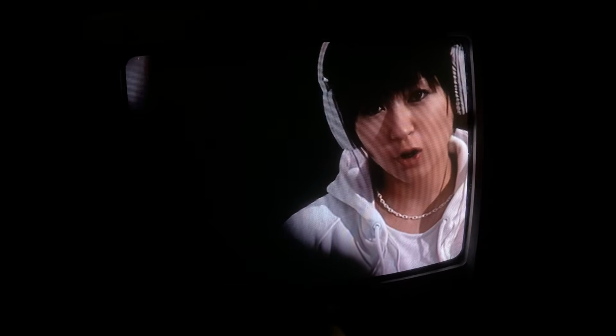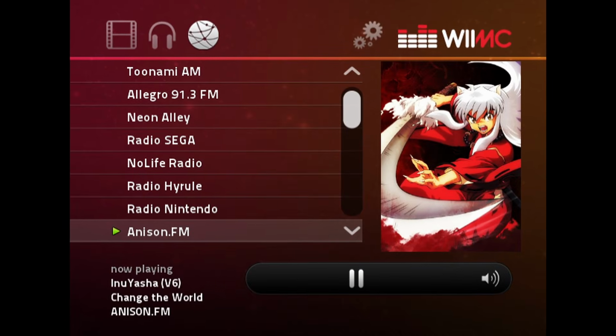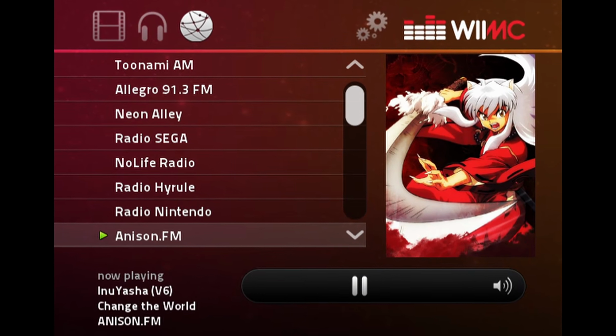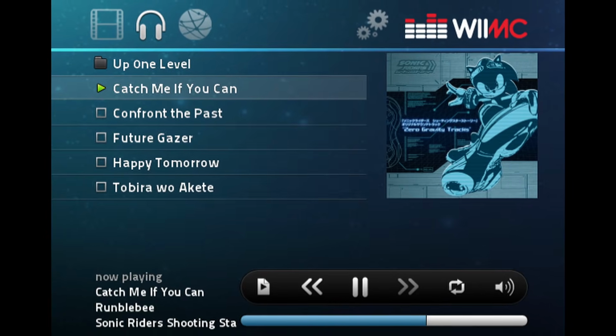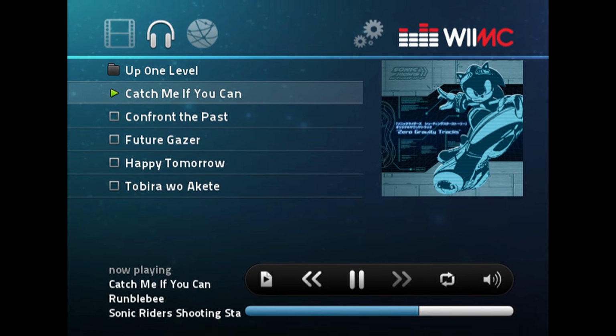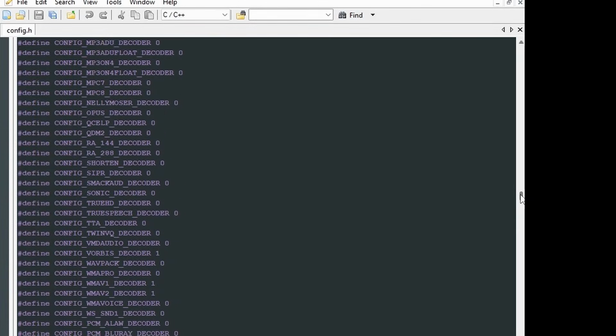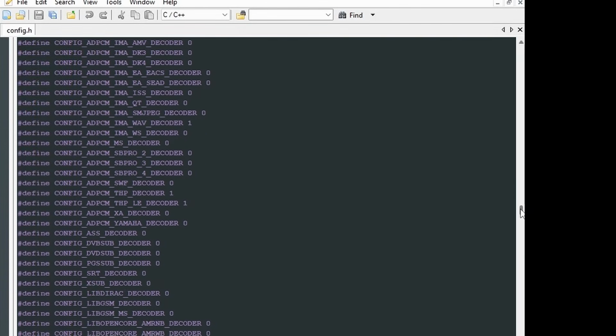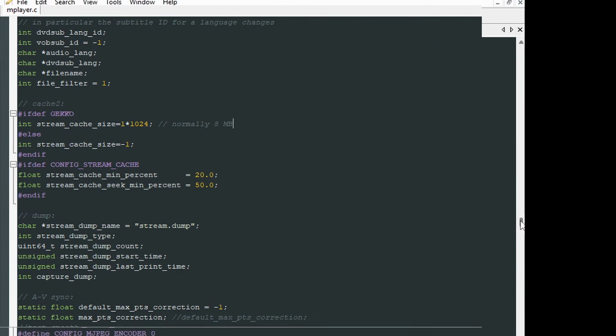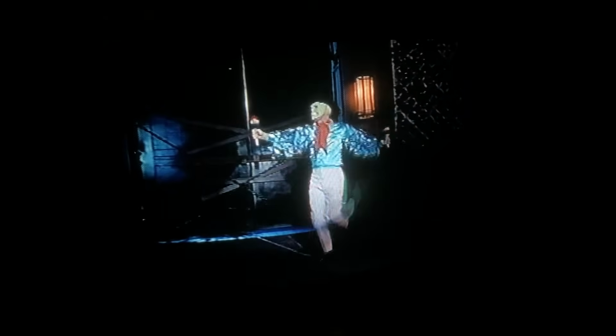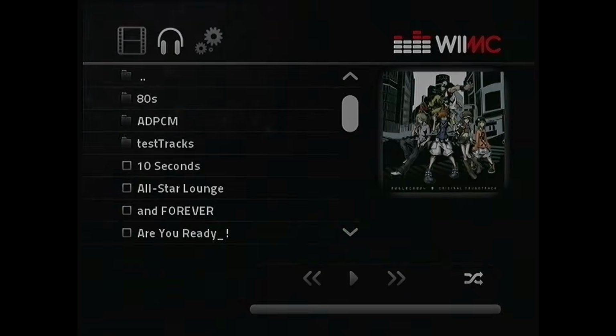However, I only need the music playing aspect of it, and because my own version of WiiMC was already dedicated to improving the graphical interface to include things like embedded artwork, it's far too useful to not have it on the GameCube. So by stripping WiiMC of all video playback and everything else that isn't needed, as well as reducing the stream cache to 1 MB, we now have a very light version of WiiMC perfect for GameCube.